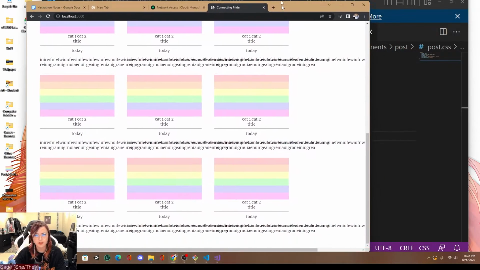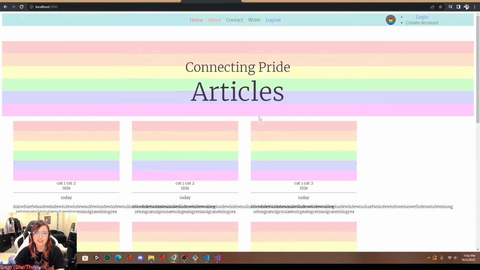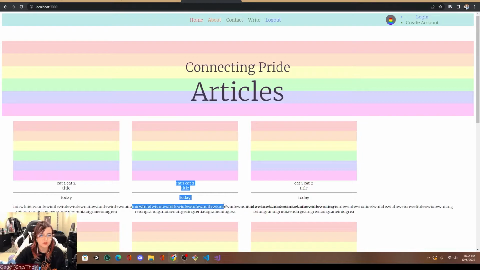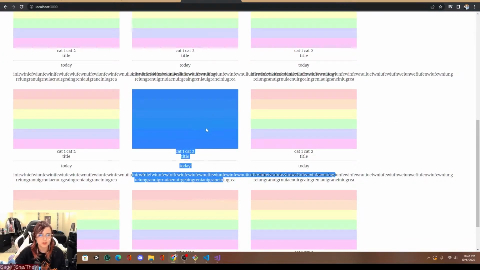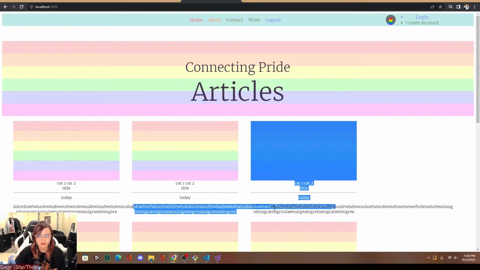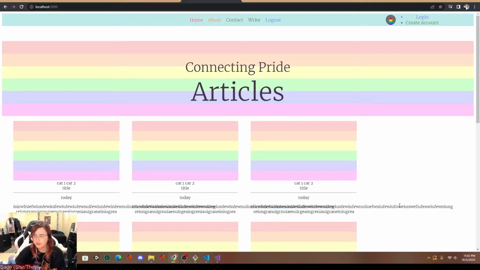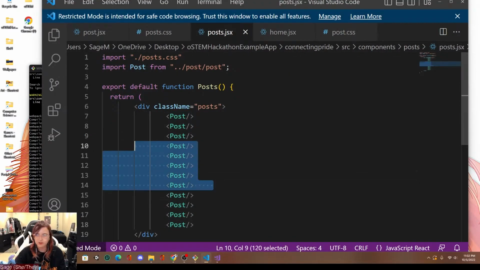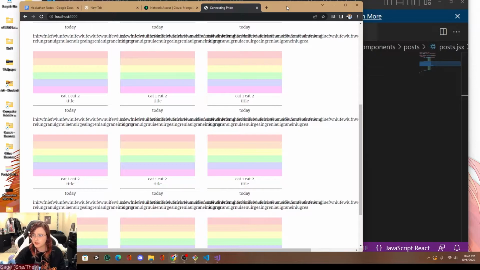Okay, so without that CSS, you should see this mess. Without the CSS, none of our different post areas are clean or look pretty. As you can see, stuff is writing over to the other post thumbnails, and that's not good. So we need to add CSS to our post.jsx stuff. But as you can see in here, by calling all of these, it created a bunch of different